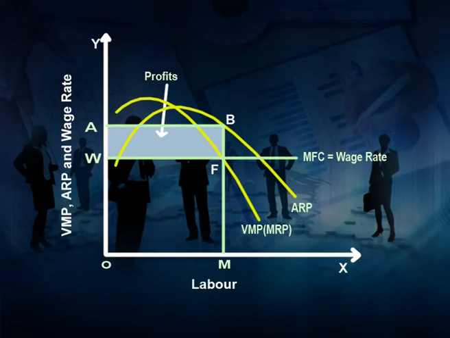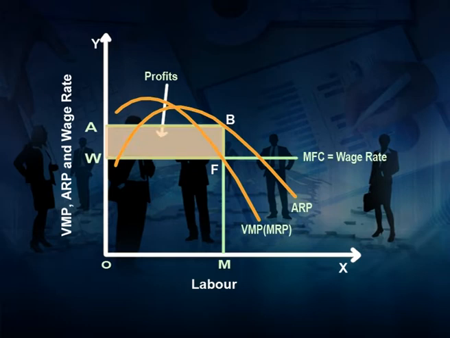Earning of supernormal profits by a firm will motivate new entrepreneurs to invest for producing similar products. Since there is a gestation period between decision making for investment and start of production, therefore, in the long run, the demand for labor will rise. A rise in the demand for labor will raise the wage rate and eliminate supernormal profits. Thus, in the long run, equilibrium between demand for and supply of labor is established at a level where the wage rate of labor is equal to both the VMPL, that is MRP, and ARP of labor, and the firms